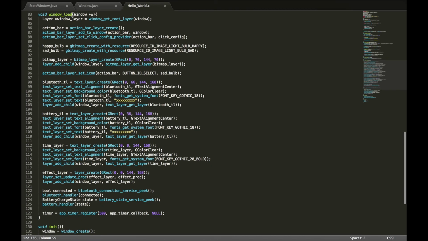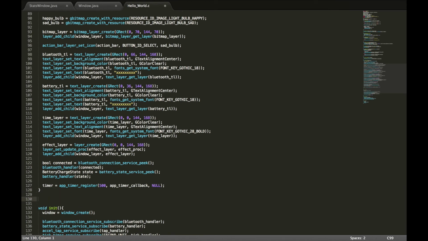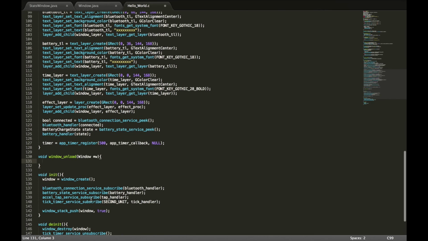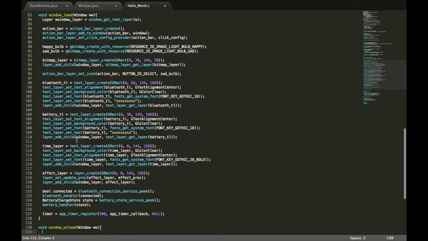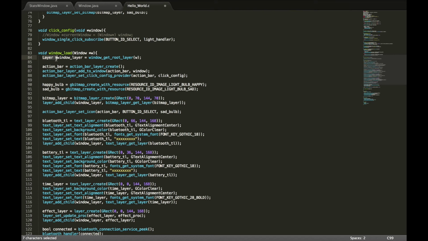Okay, so now we have our stuff being created, but we're actually going to want to rename this to W just for kicks. And then that should work fine. And of course we haven't set our handlers yet, but we're going to do window unload too. Because we're going to be dealing with multiple windows now, we don't want all this eating up the memory at the same time. And by the way, you don't need to worry about destroying this layer